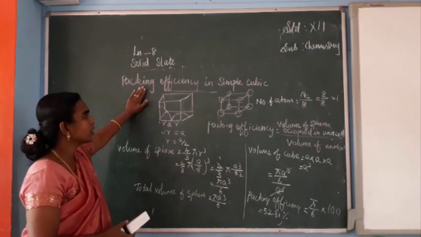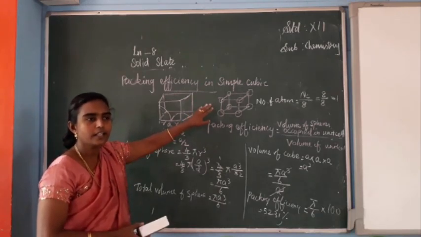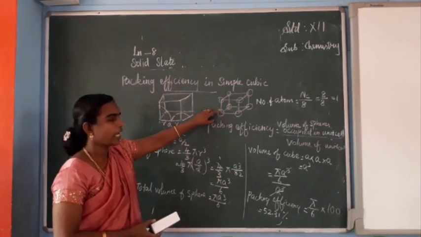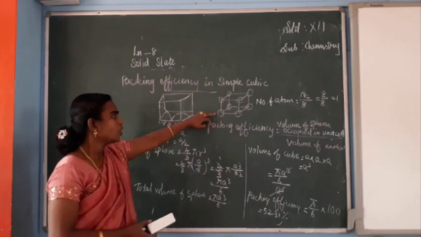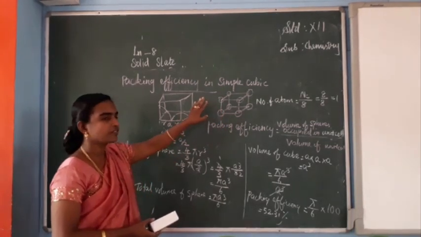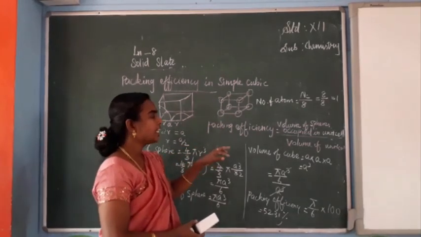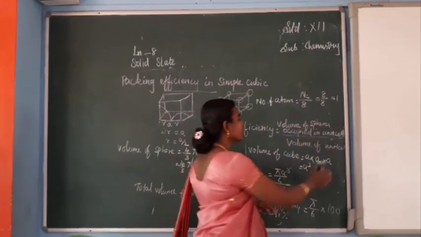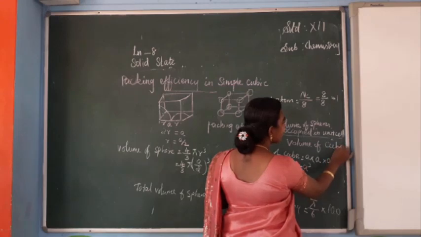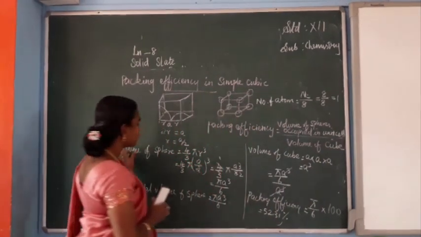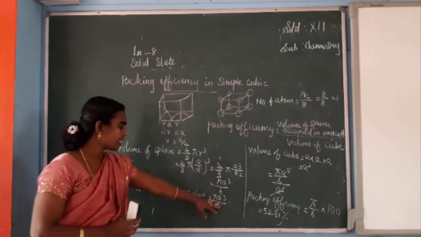Okay. So simple cubic arrangement is like this. Lattice points are occupied only with atoms, which means atoms are present only at the corners. If they ask for packing efficiency, the formula is volume of spheres occupied in the unit cell divided by the volume of the cube. The volume occupied in one unit cell is the volume of one sphere into the number of atoms. Here it is 1, so we get the same answer.